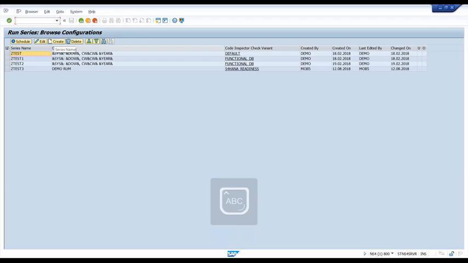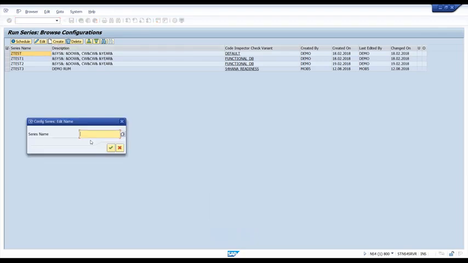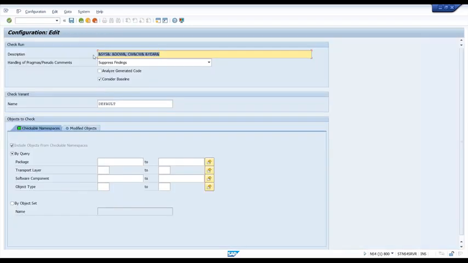and now just click on create, and put a series name. You can give any name. So Z Anubhav suit on HANA is the series name I want to give. Creating new series, and now you give a description. Typically it's the system name underscore client underscore calendar week underscore year. So system name is NS4, client is 800, calendar week is let's say 32 and 2018.